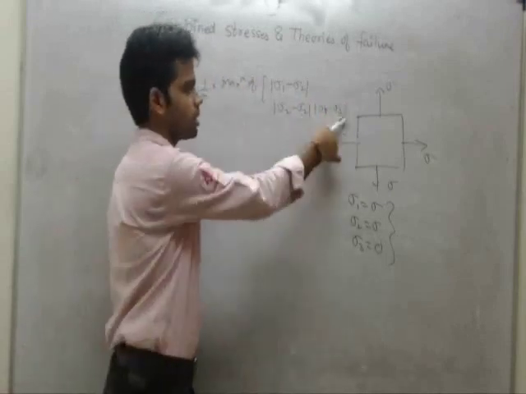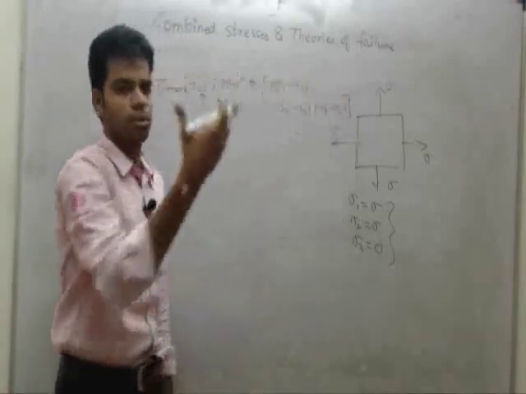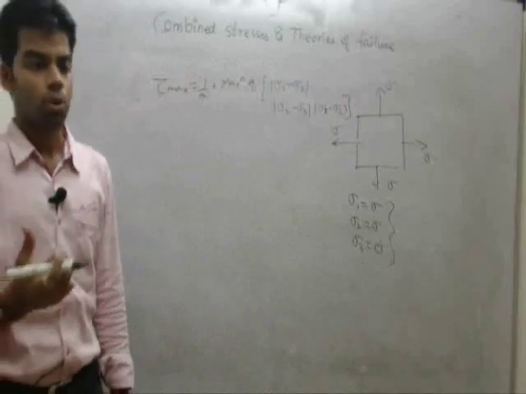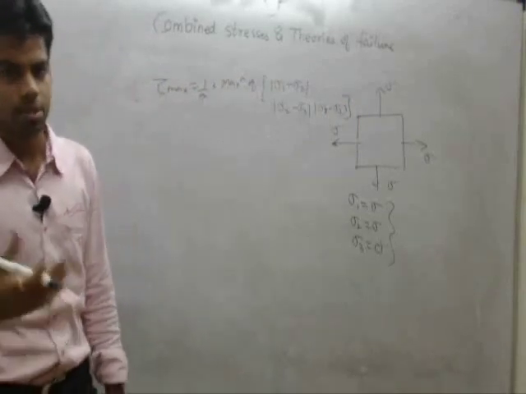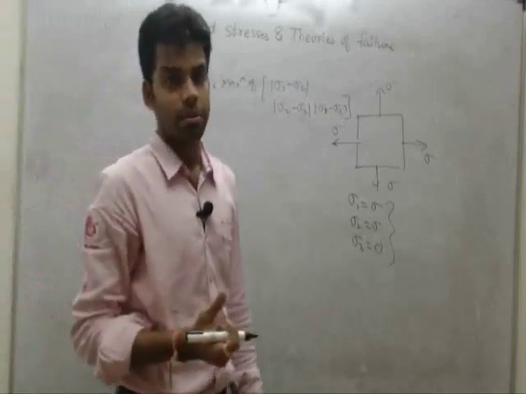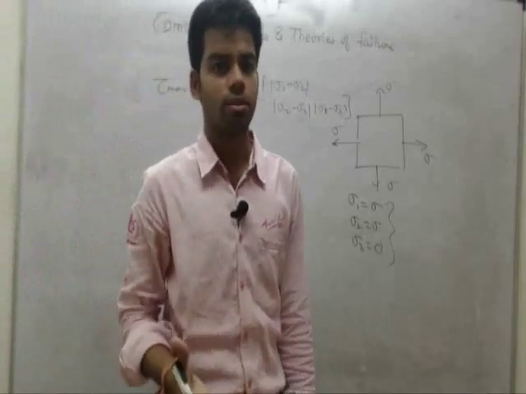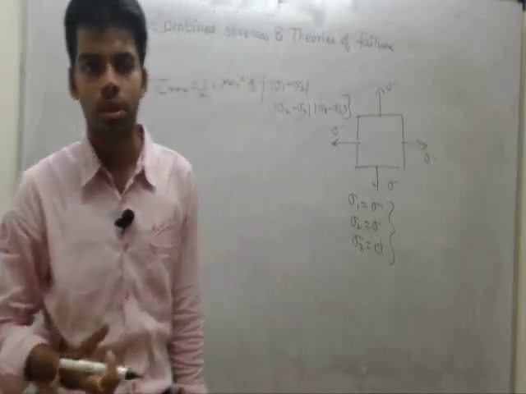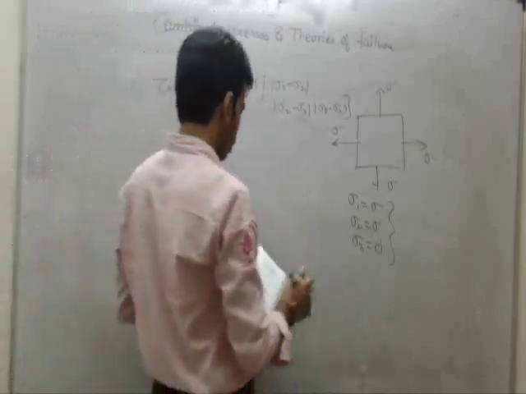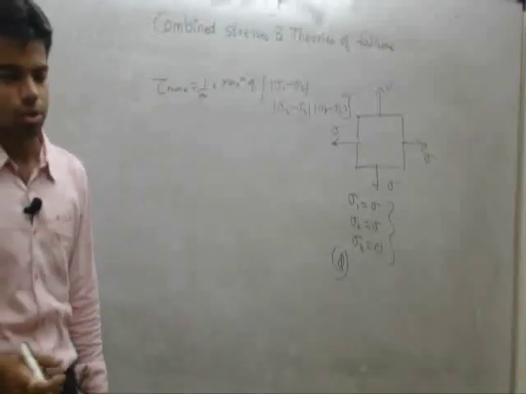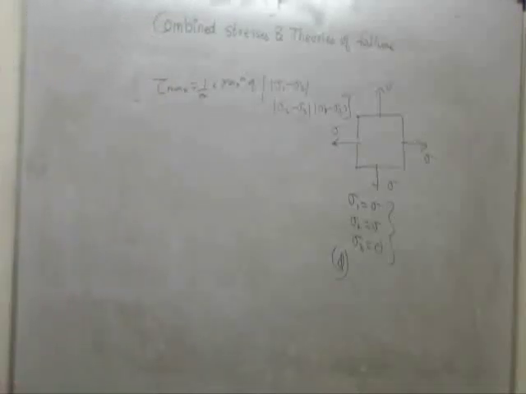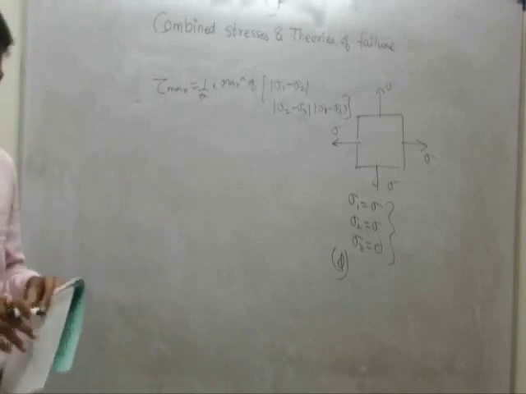Okay, since sigma 3 is 0, there will be a finite value, a positive value for this tau max, and we can solve it according to maximum shear stress theory. Similarly, we can solve it according to maximum distortion energy theory and as well as according to maximum principal stress theory. Okay, so the answer is all of the above, D. By using every theory, we can solve this question. Clear or not? Okay. Next question, question number 9.